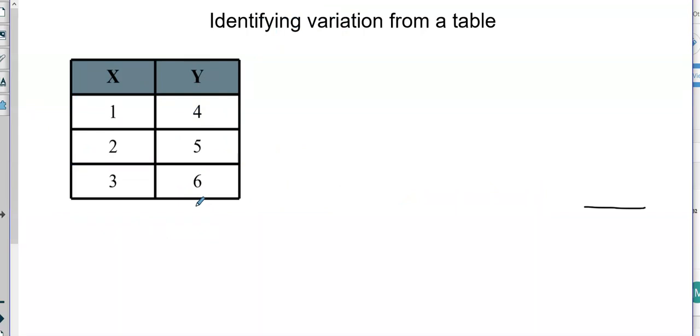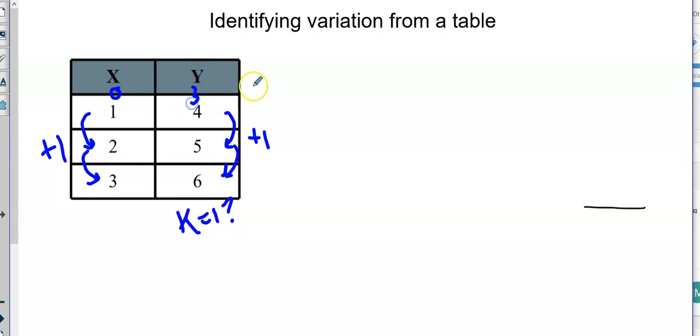So is this direct variation or not? Again, look for the change in x values. It looks like we're going up by 1. That's familiar here. So x values are changing by 1. Interestingly, the y values seem to be changing by 1. So the slope is 1, right? Maybe k equals 1. What else do we need to check to see if it is, in fact, direct variation? You might want to check, well, what's the y-intercept? Is it 0? If you went backwards here, like this is 0, if you go back to subtract 1,